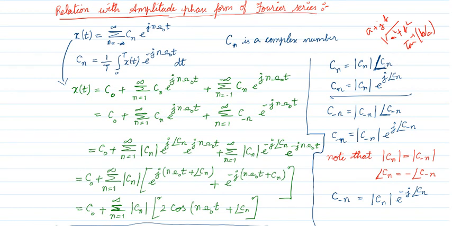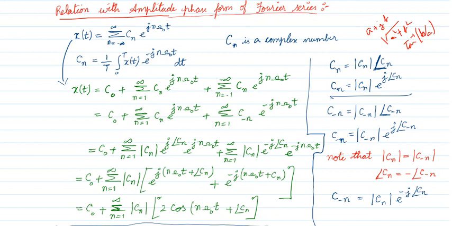Okay, C of n is a complex number, which means we have a magnitude and phase angle. I can represent this as magnitude of C of n times e power j angle of C of n. These are two ways of representing, right? Magnitude and phase angle, or else I put the phase angle in e power j phase angle. Now, if it is C of minus n, it means the magnitude is this, the phase angle is this. And remember, C of n and C of minus n will have the same magnitude, and only the angle will differ by a minus sign. Okay, right? So magnitude of C of n is equal to magnitude of C of minus n.